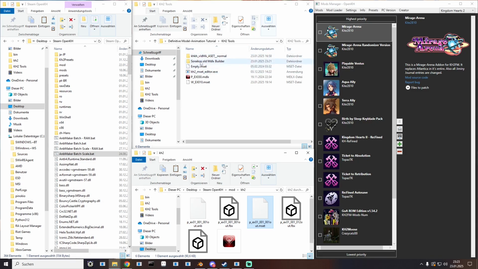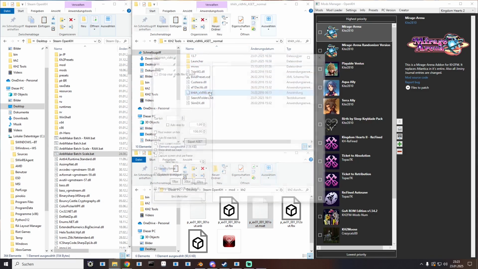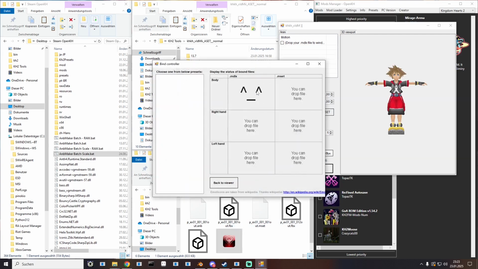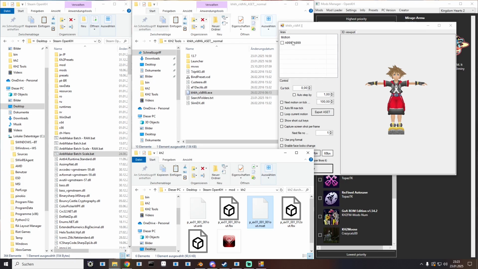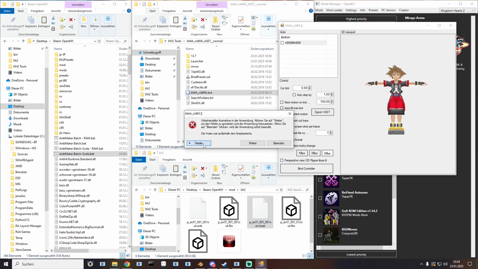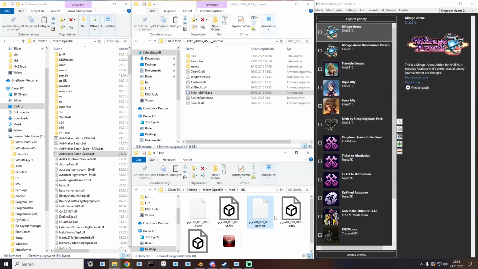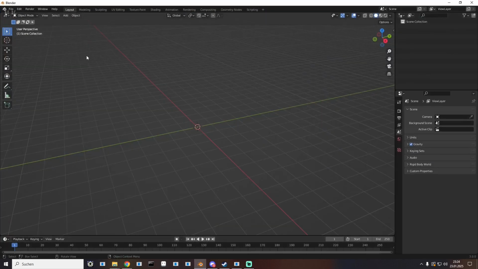So if I open our animation viewer, find controller, put the model in here, and then the MSET that gets generated with it, we are hitting a problem. And this is something we don't want to have. So what I do instead for now is, I'm going to open Blender again,